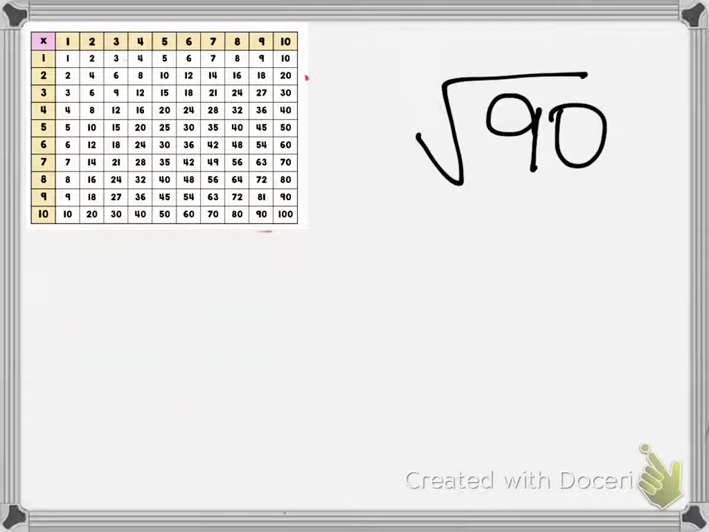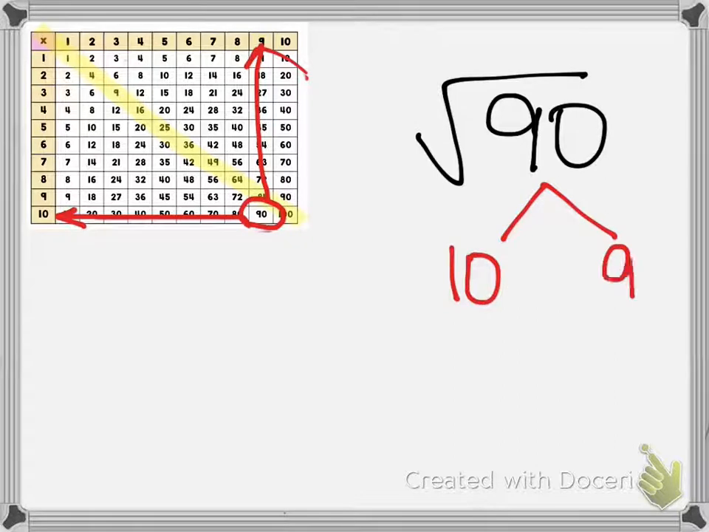So let's look at another number. Let's look at the square root of 90. So again, I want to keep those perfect squares in mind. So I'm going to look on my multiplication chart for my factors of 90. So I'm going to find 90. So 90 has factors 10 times 9 equals 90. So I'm going to make my factor tree 10 times 9. If I look for 10,